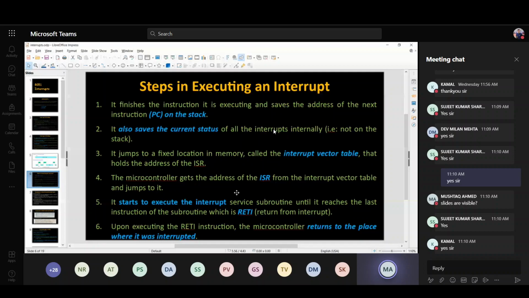As soon as this RETI instruction occurs, the interrupt execution is finished and the CPU comes back to the main program. It returns to the place where it was interrupted.